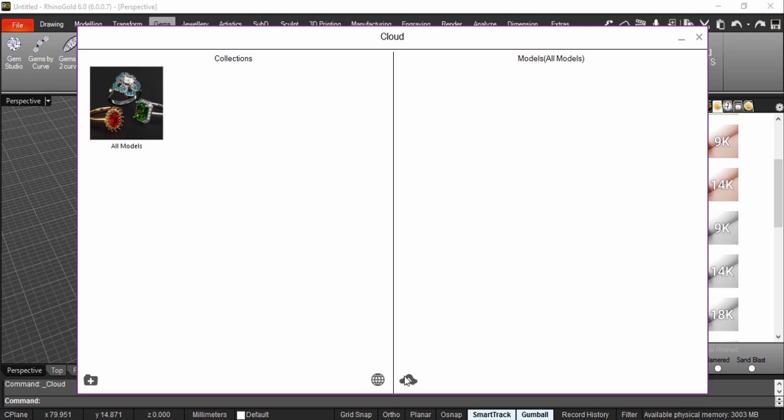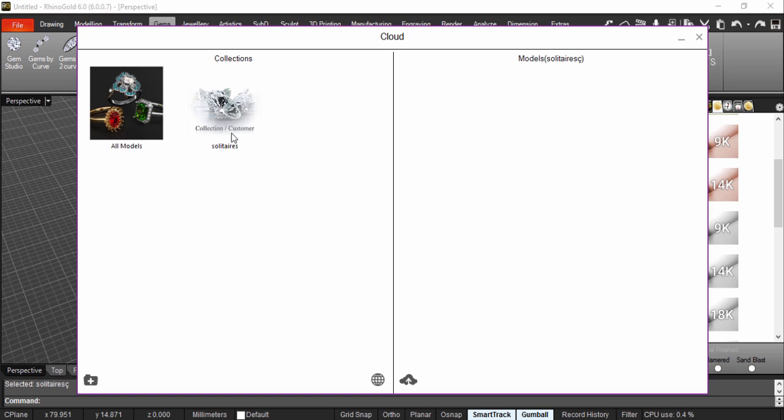So probably before I start to publish my new model, the one that I have in the layout, what I will do is create a new category. For example, I can just put the name solitaires. So from now on, every time that I create a solitaire, I will go to publish the new model and choose the solitaires category. But what I can do as well, and this is one of the main reasons we created the cloud, is instead of having categories for the different kinds of jewelry we have,